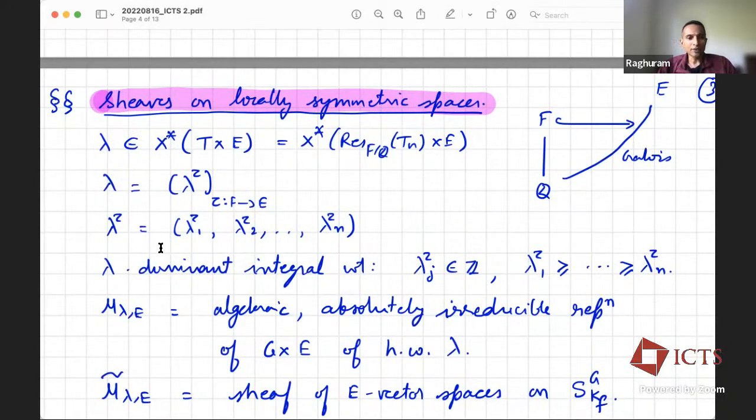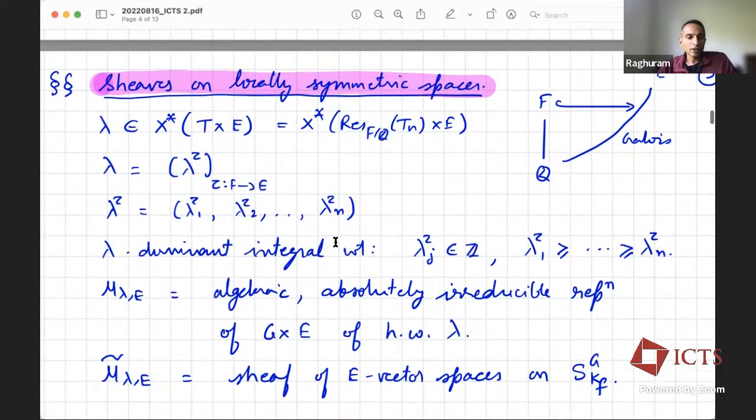Asking for this weight lambda to be a dominant integral weight is basically asking for these lambda tau j's to be integers. And dominance, I have to fix a choice of a Borel. If I work with upper triangulars, then the dominance condition would be lambda tau 1 is bigger than or equal to dot, dot, dot, bigger than or equal to lambda tau n. It's a non-increasing sequence. I'm going to take M lambda E to be an algebraic, absolutely irreducible, finite dimensional representation